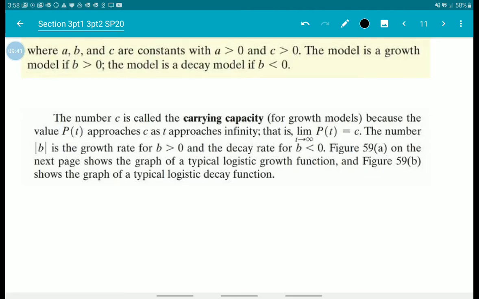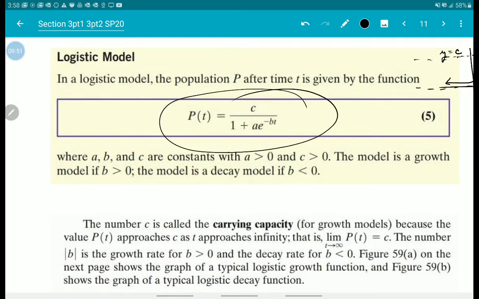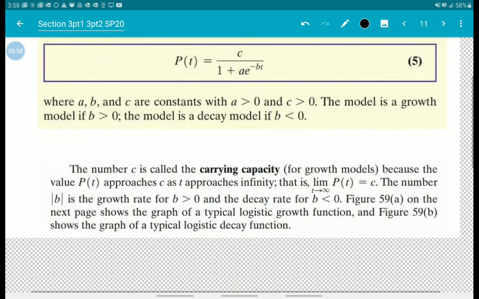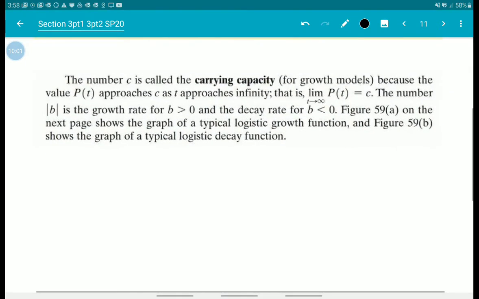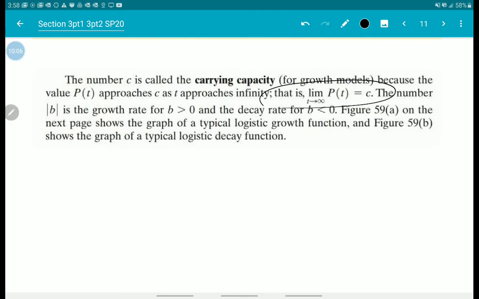So now that we have that logistic model, I want to do some fun stuff with it. Like we said before, that number that's on top when it's written in this form is the carrying capacity. That's the maximum number that can happen. That will be a horizontal asymptote for this particular problem as well. So we could think about that carrying capacity in terms of a limit. If we were to take the limit as t goes to infinity, what happens to this? Well, we're going to approach that horizontal asymptote, that carrying capacity of y equals